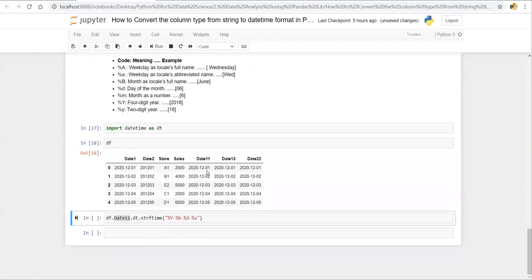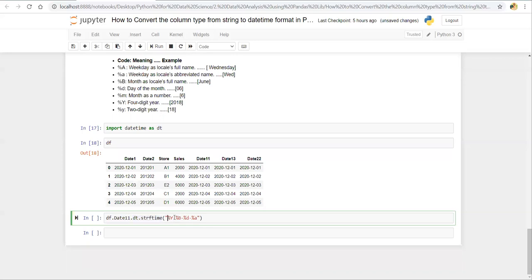I'm using the date 11 column with dt.strftime from datetime. In the strftime function, I'm passing the format of our date.